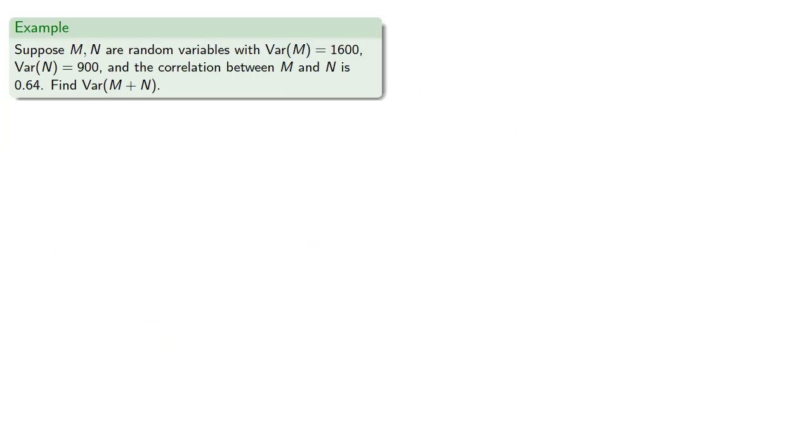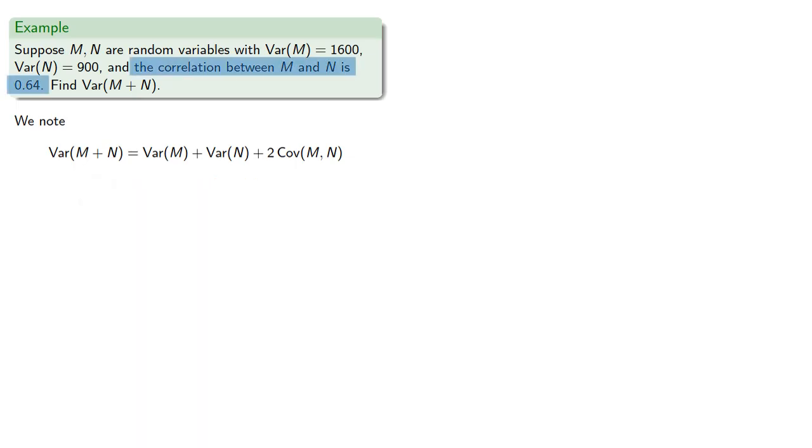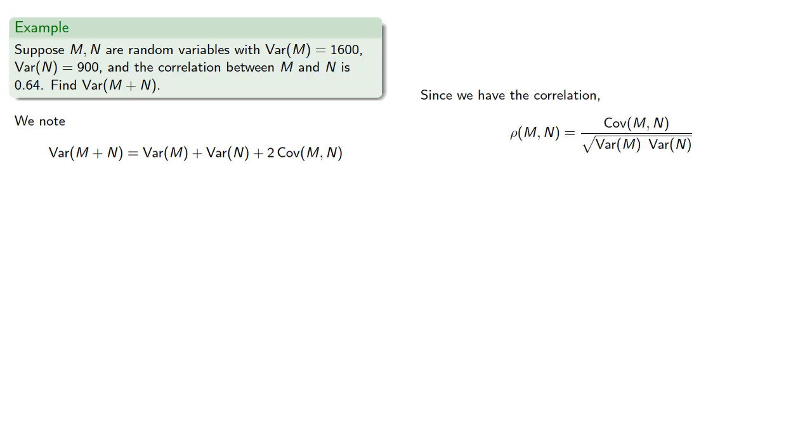Or suppose we have m and n random variables and we have the variances and the correlation. Let's find the variance of the sum. So the variance of the sum is the sum of the variances plus twice the covariance, but we don't know the covariance. But we have the correlation, which includes the covariance. So substituting our known values of the correlation and the two variances, then solving for the covariance gives us, and that tells us the variance is,